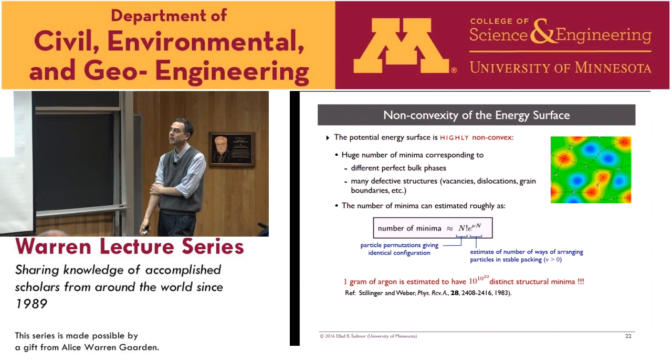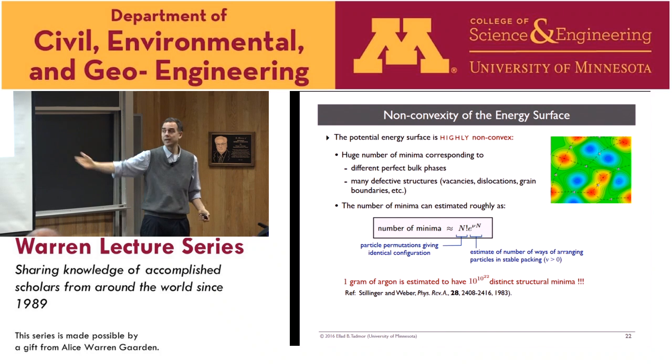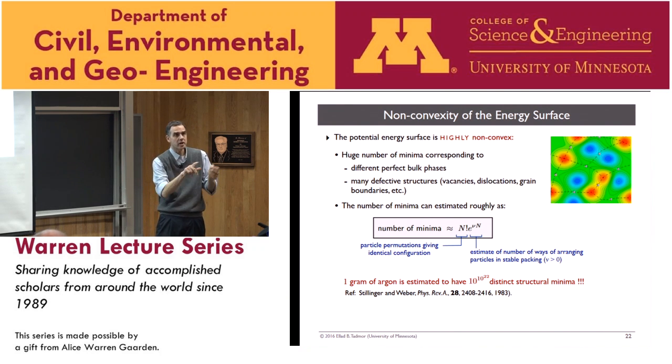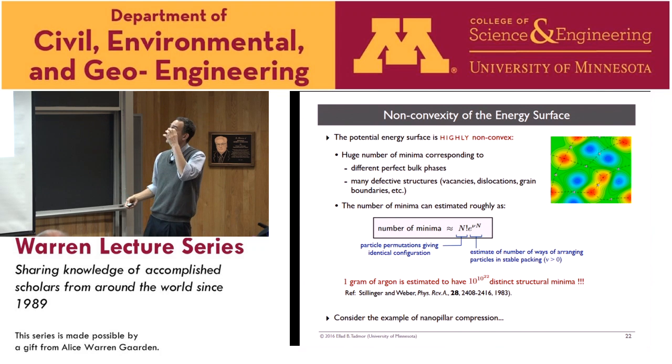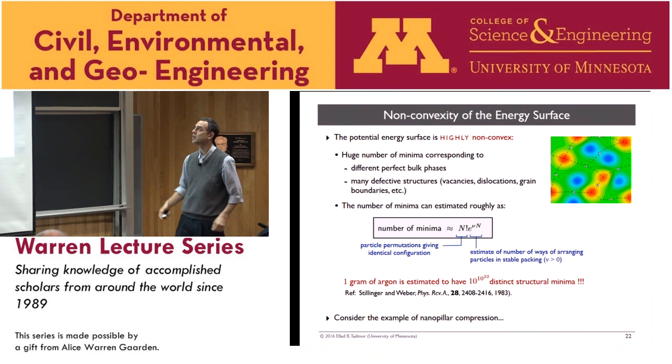That's what I'm talking about in terms of complexity. And so that's why when you compress your little nanotube, your little nanocolumn, it has lots of options. It has this many options. So very small changes will drive it to different places. So we're trying to get a handle on this. I'm not going to say that what I'm showing you now is the way to handle this complexity, but at least it's a way to start thinking about it.